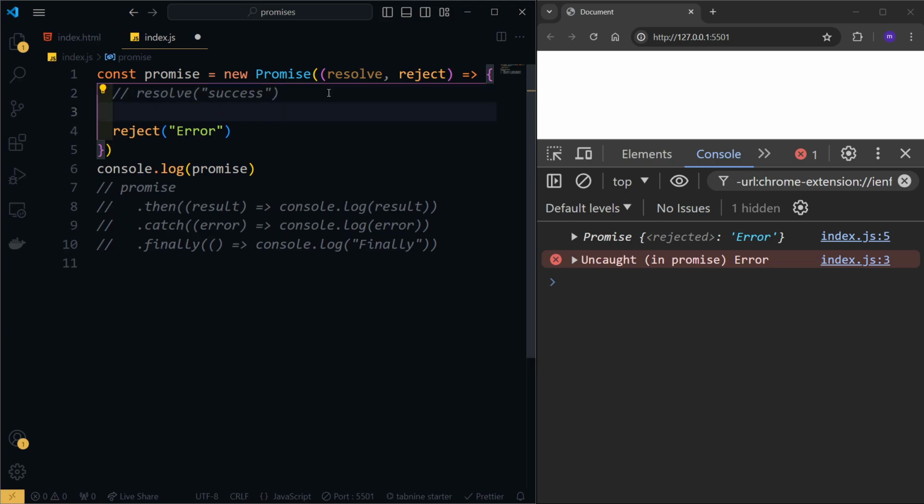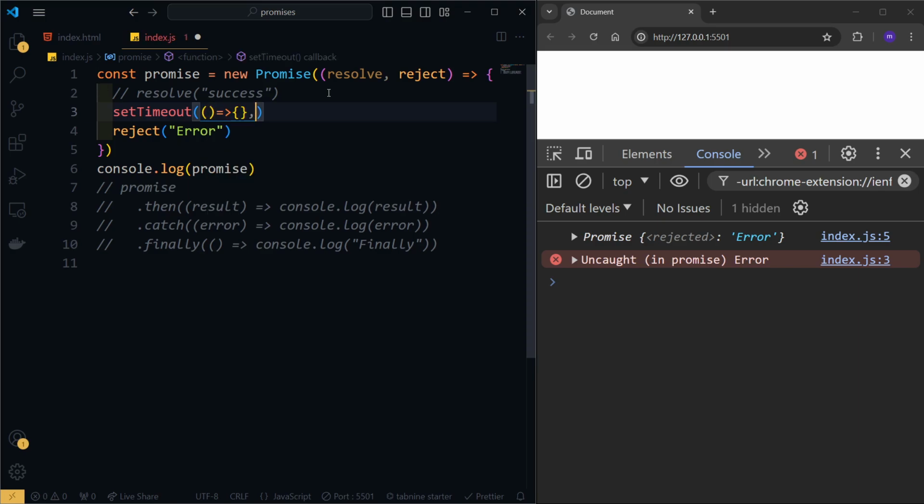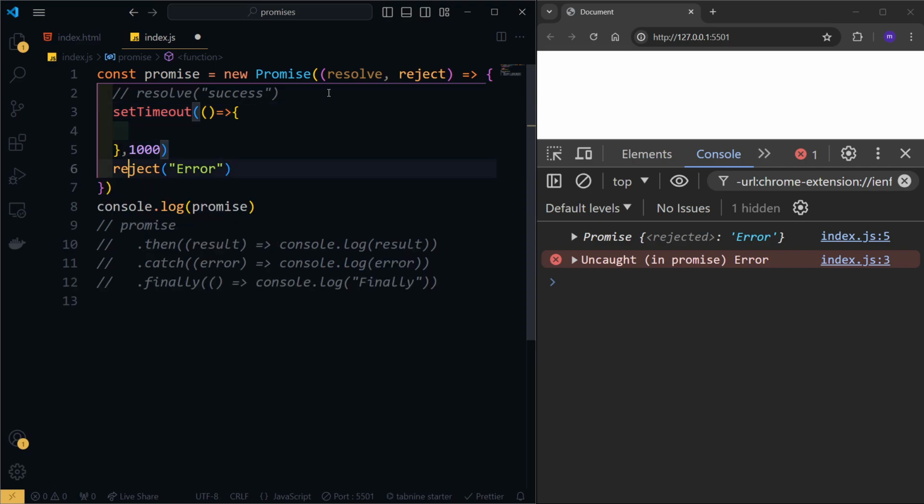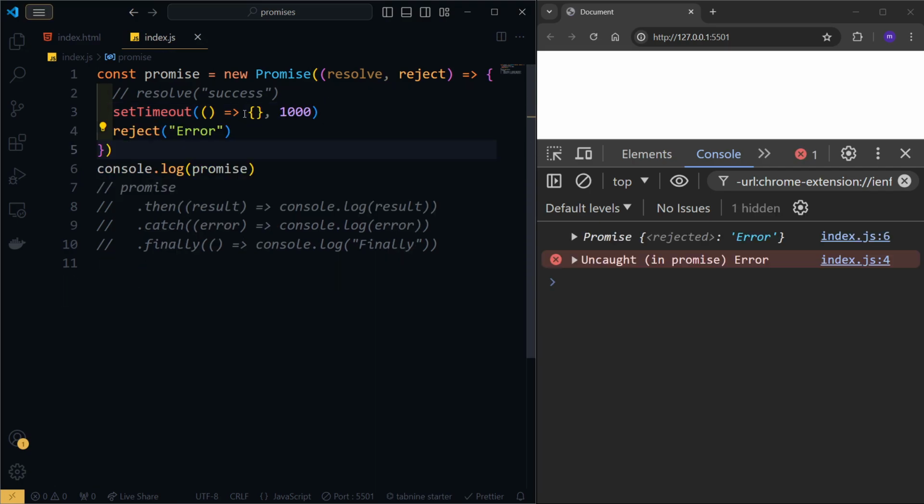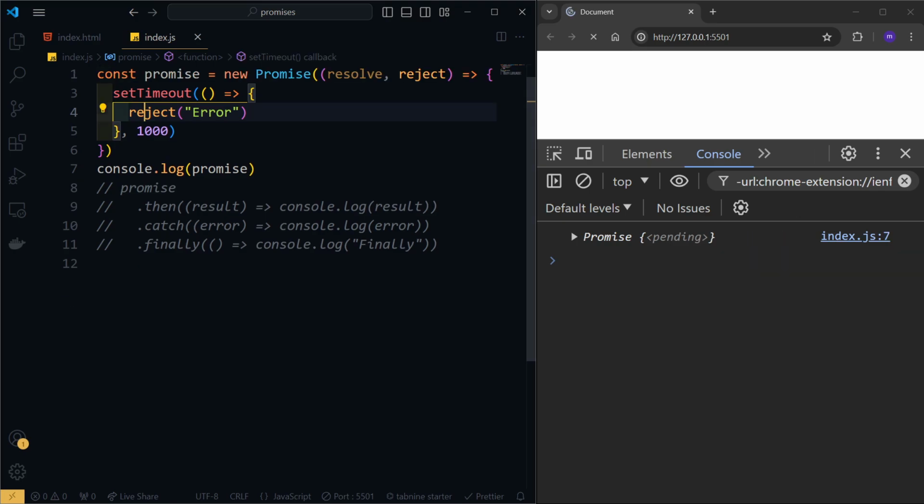So instead of just rejecting, let's use the setTimeout method. We use this one, and it takes a handler callback and the number of milliseconds before the callback is called. Let's say 1000 milliseconds, which is 1 second. So after that, I want to reject. Yeah. So let's see, guys, what happens. So you see,